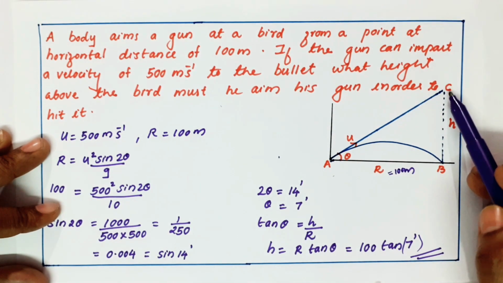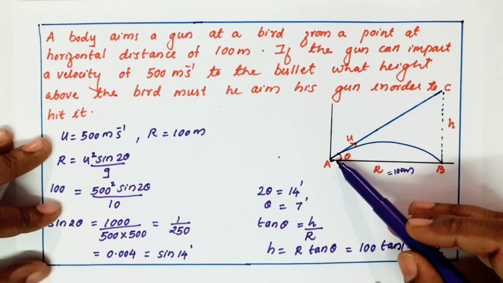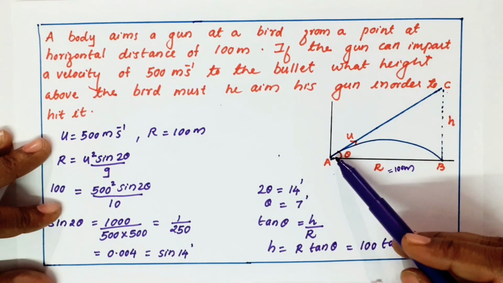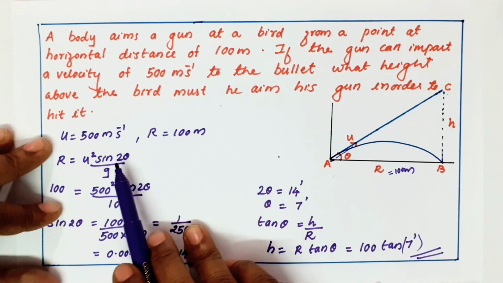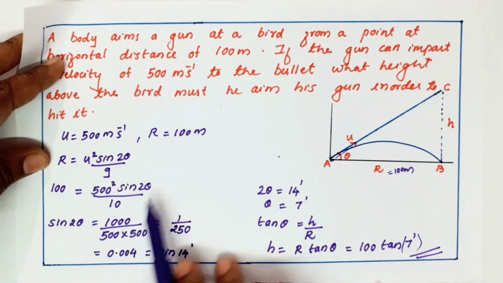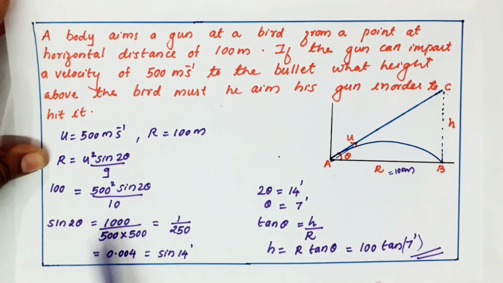So if you aim at some point, no, it will come down, right? So we need to project at which angle they are. So from here I just marked it like this. This will go up to what height? Range equation I know. What is your range equation? U square sin 2 theta by g. I substituted and I got the value of theta. 100 equals 500 square sin 2 theta by 100. Sin 2 theta is equal to 1 by 250.